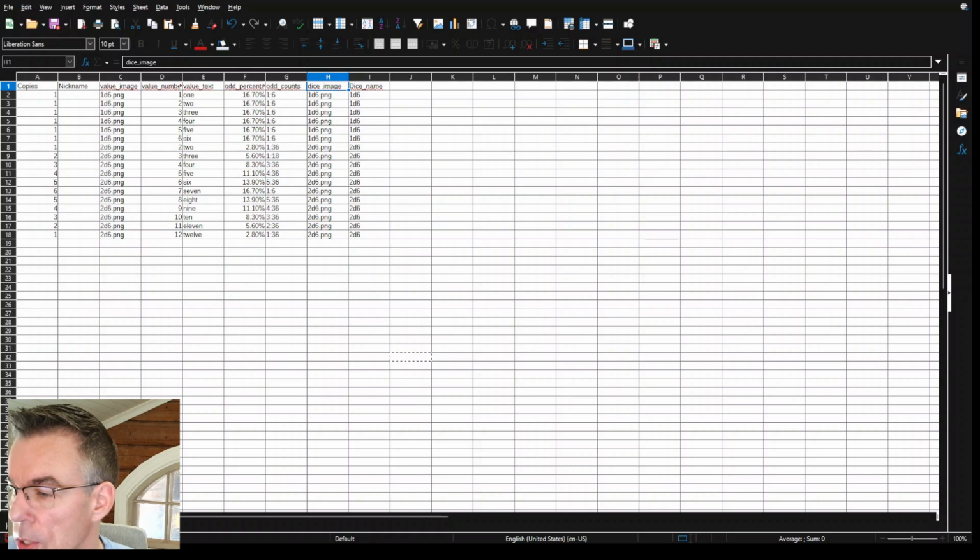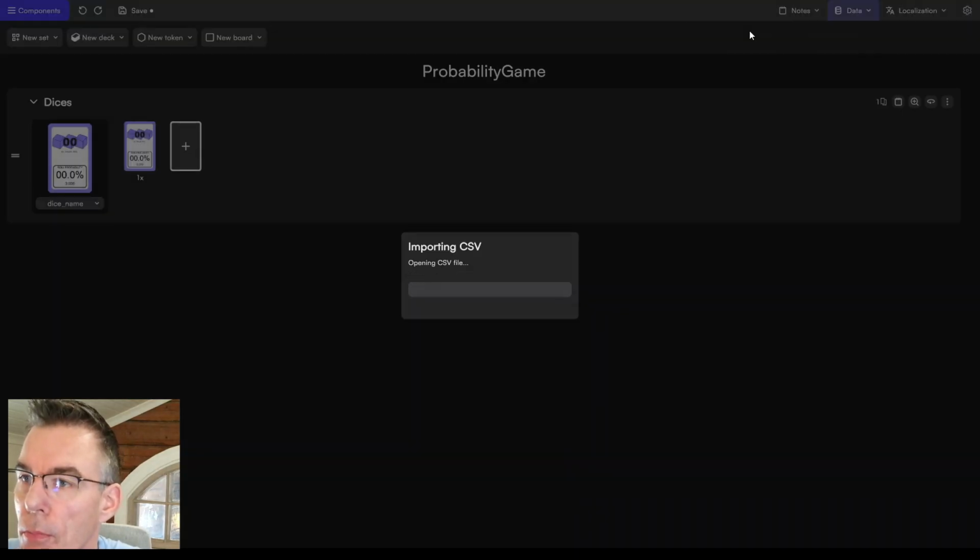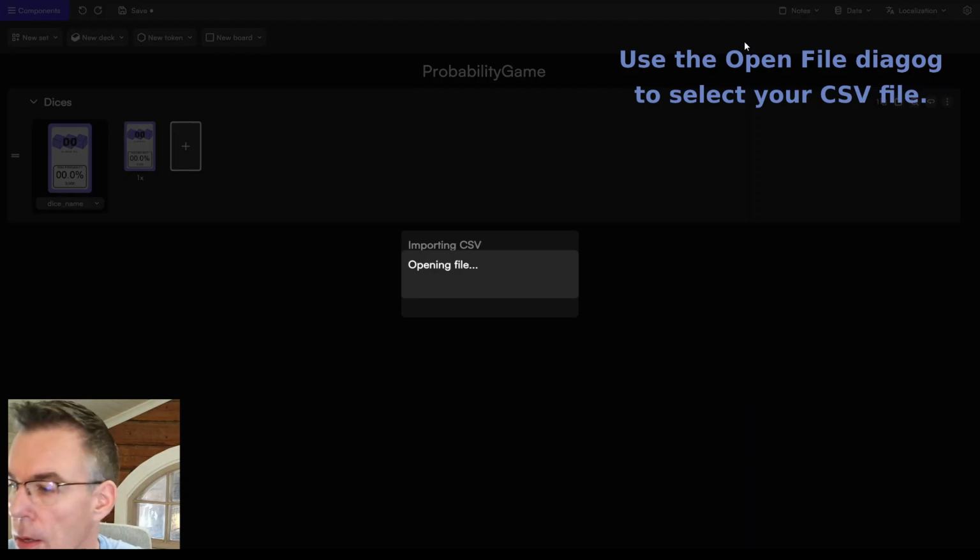And now we switch back to the tabletop creator. And so importing data from tabletop creator, import CSV, opening file.